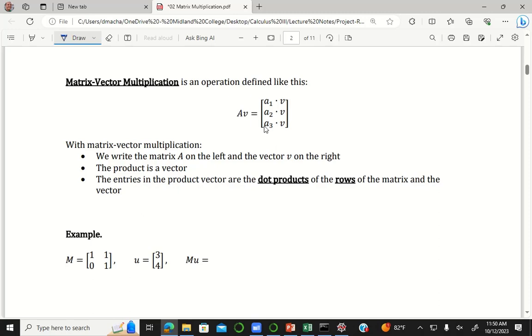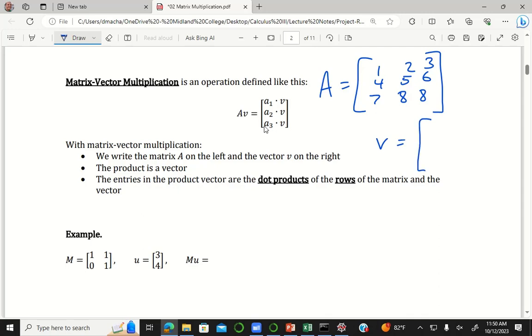If I have, let's say, a matrix A, and let me just define a new matrix. That's a 3 by 3 matrix where it's 1, 2, 3, 4, 5, 6, 7, 8, 9. And let's say I have a vector V, and V is maybe the vector 0.4, 0.7, negative 0.1, or something like that. If I want to take the matrix vector multiplication, like A times V, what the product is going to be is a vector where notice the